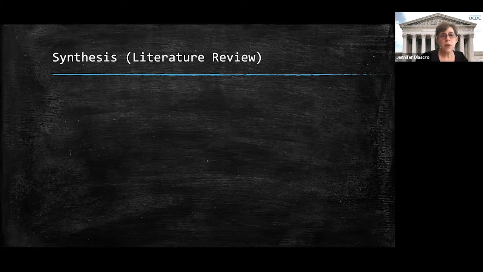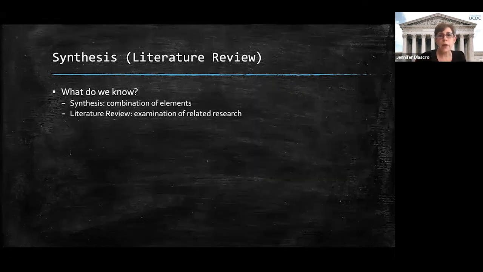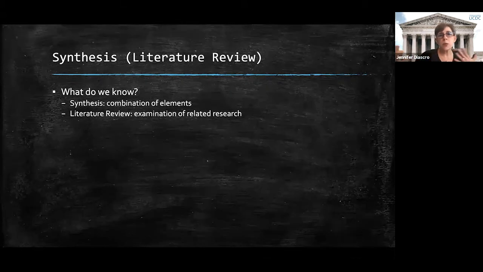But a synthesis of information is pretty much when you ask yourself, what do we know, or what do I know about this topic? And when you synthesize, what you're doing is taking pieces of what we know and putting them together, okay? And in a literature review, which is a very particular kind of synthesis, we're examining the research that's been done in the past. It helps lead our own research, but it also helps provide context for our research. Okay. Are there questions in the chat? I can see it coming up a little bit, but I'm happy to put them off.